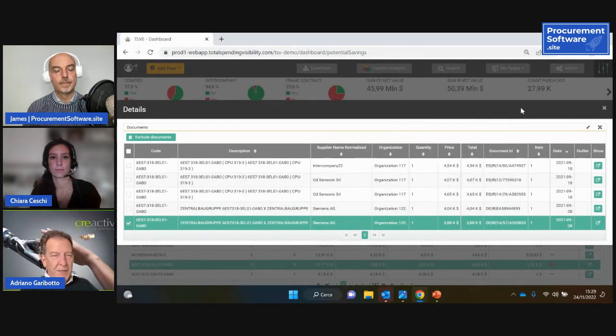Because here we are speaking about actions that, from the procurement perspective, are most of the time realized via frame contracts or via renegotiations of price lists. But you need to know if your colleagues, who are your internal clients, are really exploiting what you are doing and the expected